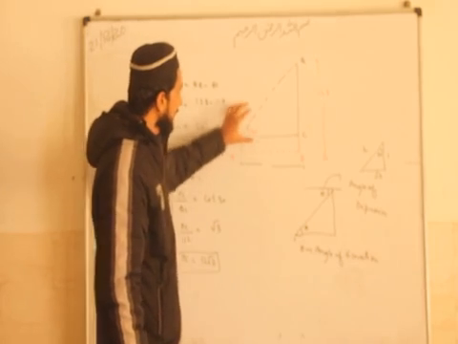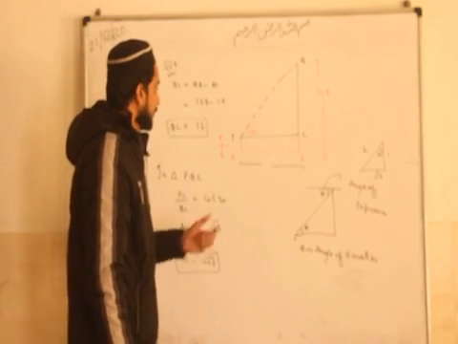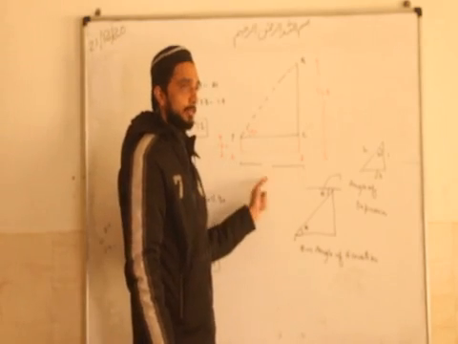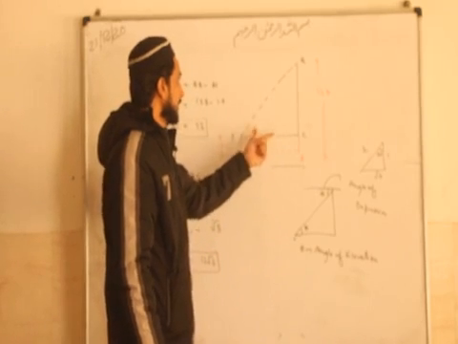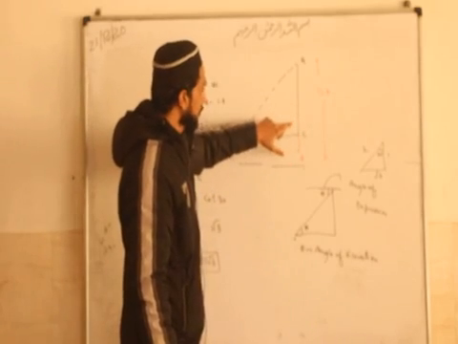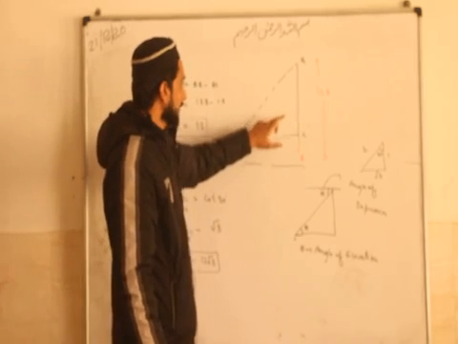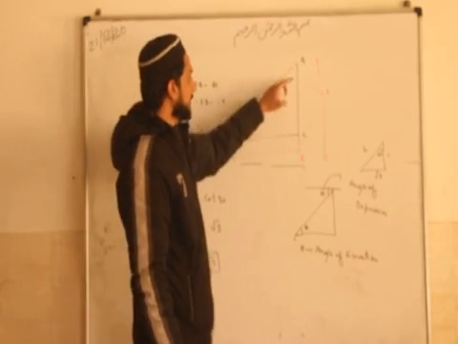This is 1.8 and this whole height of the building is 13.8. So we have to find the distance between the person and the building. This is AB, or we can say PC. This we have to find. In this triangle, if we know this side QC and the angle, then by comparing the ratio we can find PC. So first of all we have to find this side QC.